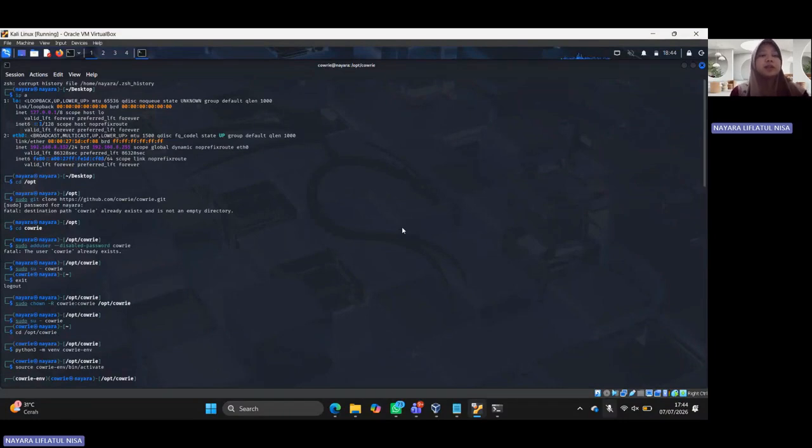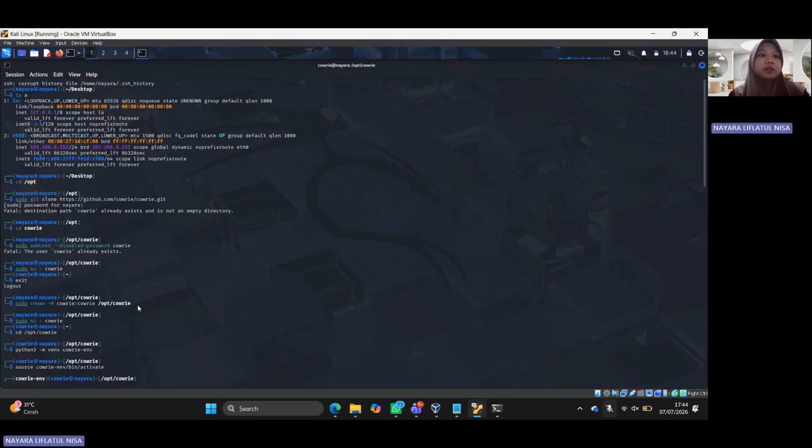Okay, the next part is the honeypot with Cowrie. The first step was installing and preparing the Cowrie honeypot environment. Navigate to the /opt directory and clone the Cowrie repository from GitHub. Since Cowrie had already been installed previously, the system displayed a message indicating that the Cowrie user already exists.